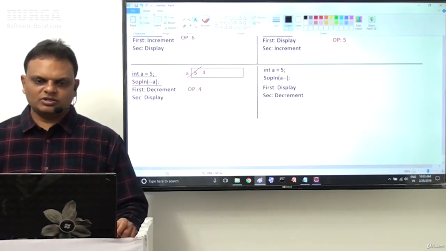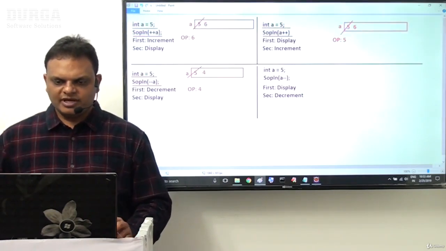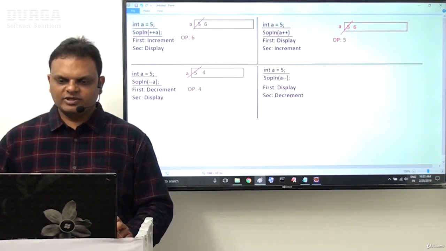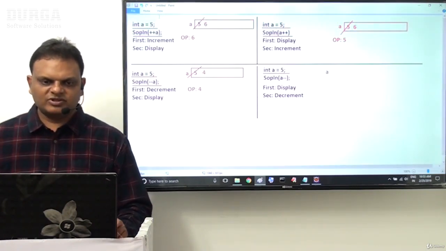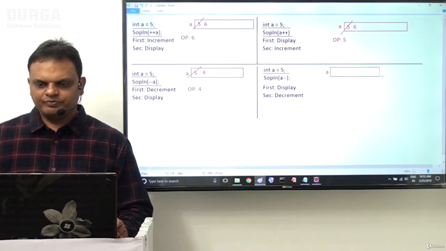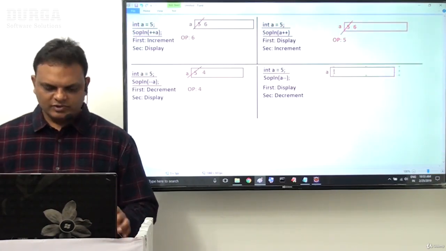So in this case also, what is going on? When the JVM encounters int A is equal to 5, immediately the JVM will assign 4 bytes of memory for this A variable. So the A variable will have 4 bytes of memory. Okay, fine. The initial value for this A variable is 5. Good.